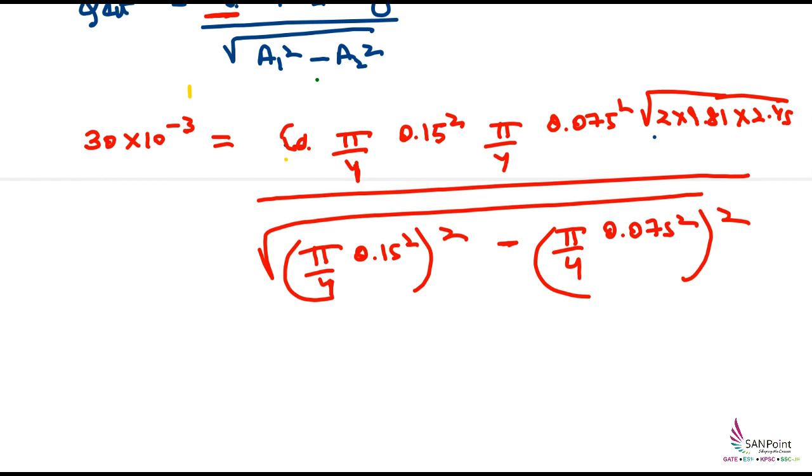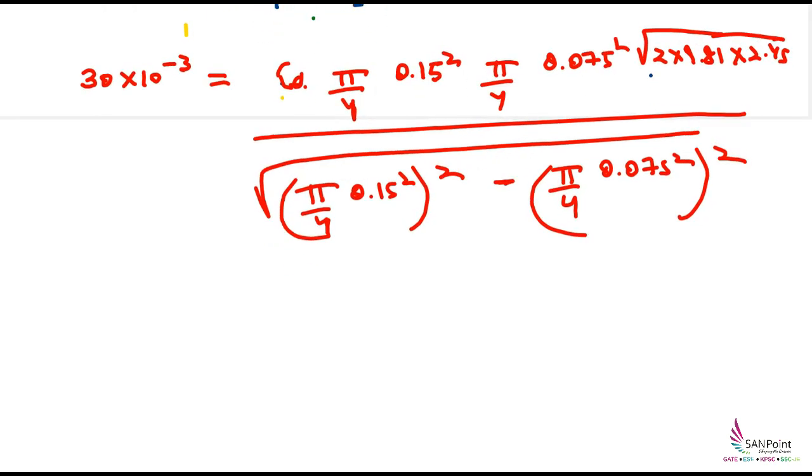So on calculating, we can cancel certain terms. Pi by 4 can be taken common from the denominator. Here pi by 4 square is there, and here also pi by 4 square is there. So this pi by 4 square can be taken common, and under root is also present. That means in denominator we will be left with pi by 4. So 1 pi by 4 is in denominator, which will cancel with 1 pi by 4 in the numerator. So this way we can make our calculation a bit simpler.